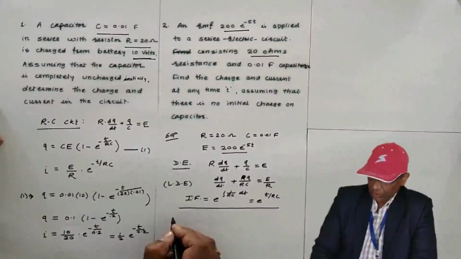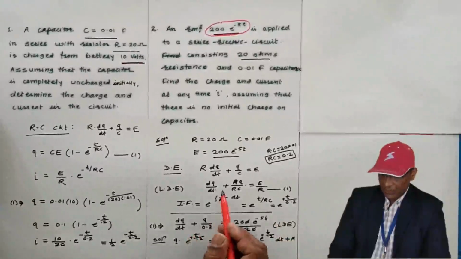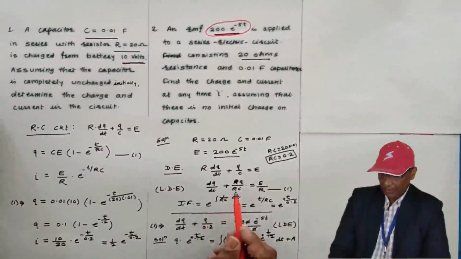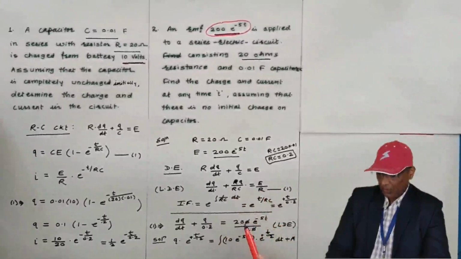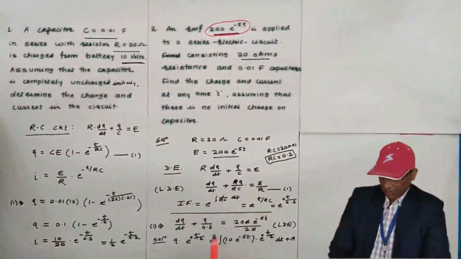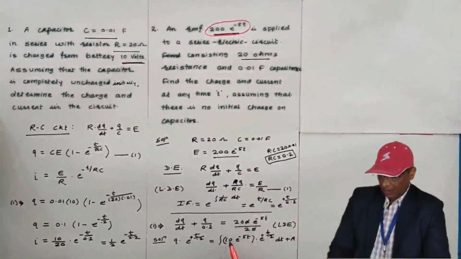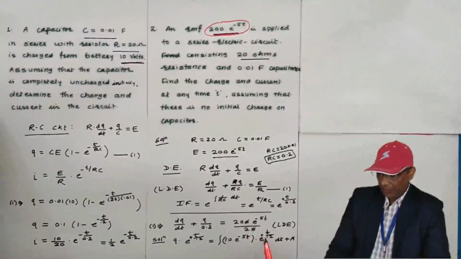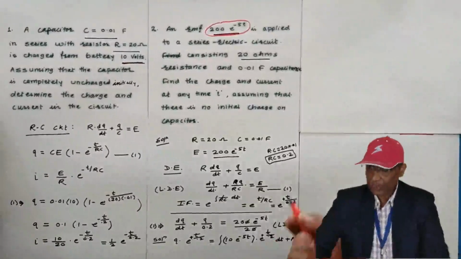Now, what is the solution of this? The differential equation I am writing: dq by dt plus Q by RC is E by R, where E is 20 e to the power minus 5t, as given to you. Okay, this is the differential equation now. This is a linear differential equation. How do you write the solution? Q multiplied by the integrating factor is equal to the integral of 10 (20 by 2 is 10), the right hand side multiplied by the integrating factor, dt, plus an integration constant. This we are going to simplify.